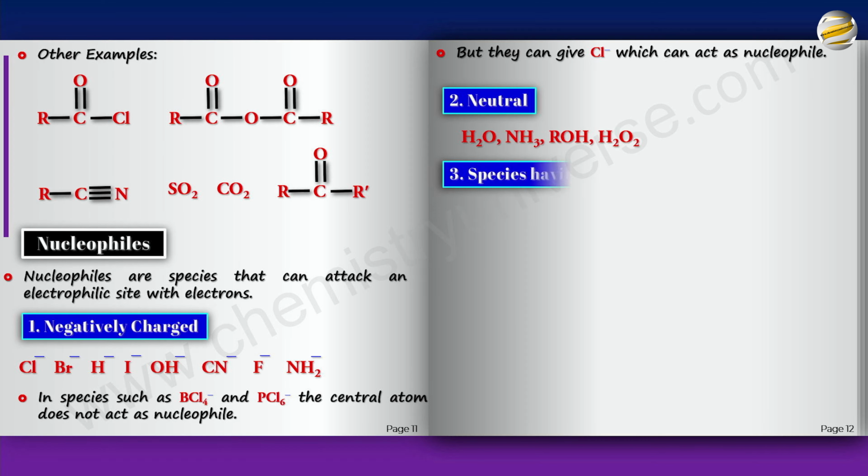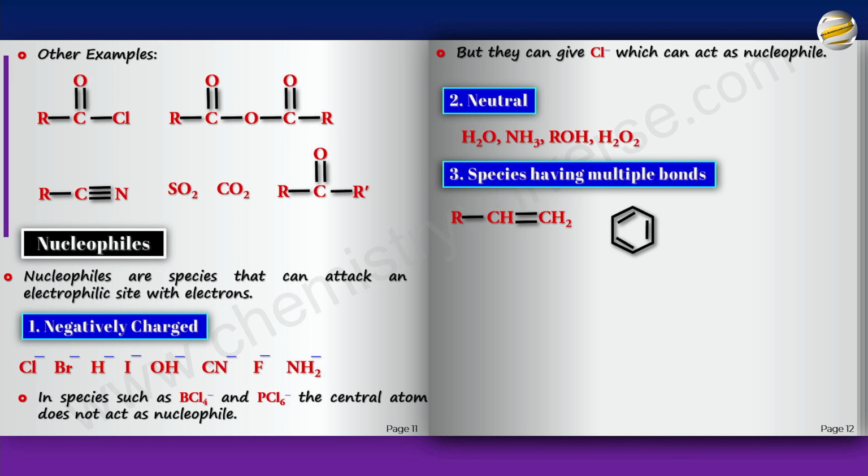And species with multiple bonds, alkenes and aryl systems, act as nucleophiles. They have a pi electron cloud above and below the plane of the alkene. There's a closed pi electron loop in benzene, and there is a good amount of pi electron cloud here also. In fact, of these, the third one is going to be more nucleophilic because the lone pair on O can resonate with the pi bond, making the carbon negative, which makes it an even better nucleophile than the alkene and the benzene part.